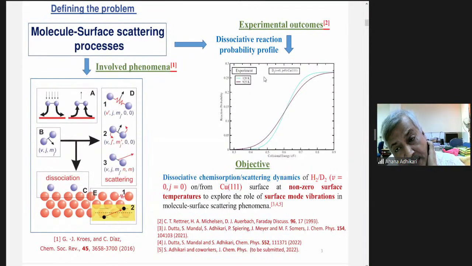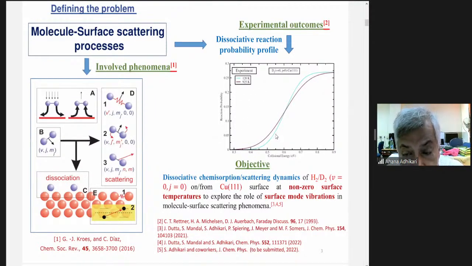In the present figure, what I am showing is D2, the deuterium diatomic molecule, at V equal to 0 and J equal to 0, and the copper surface is 111. Now, the interesting phenomenon is that, at 120 Kelvin, you can see the curve is like that, and both are S curves, and there is a crossing point. At the lower collisional energy, the 925 Kelvin reaction probability, and reaction probability means chemisorption. That means it is coming and getting dissociated on the surface,